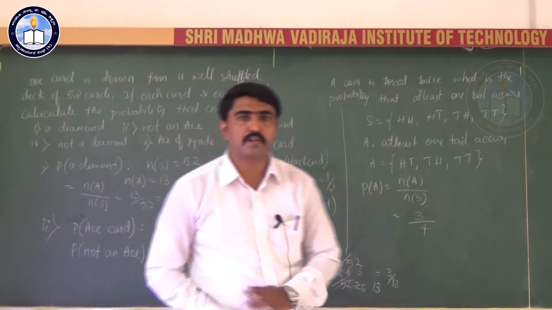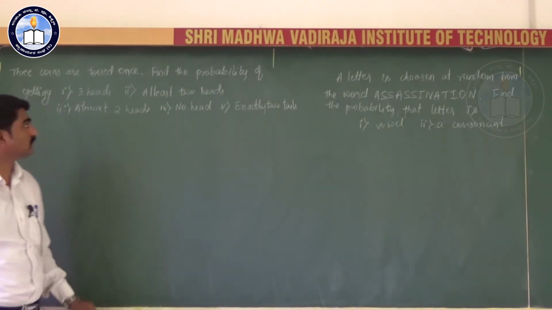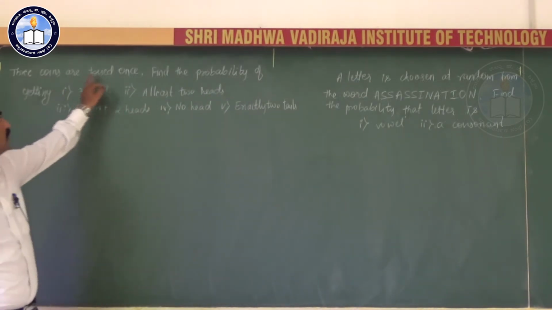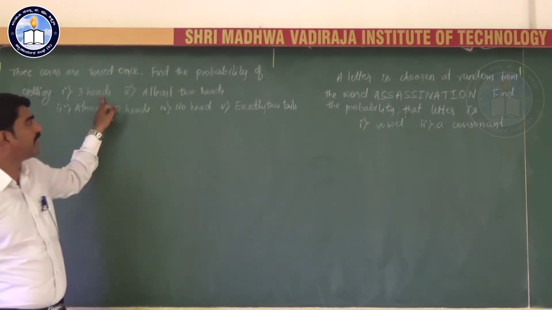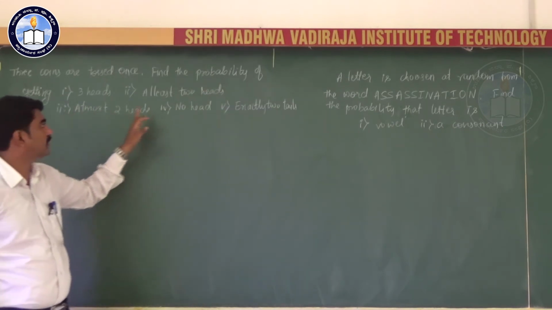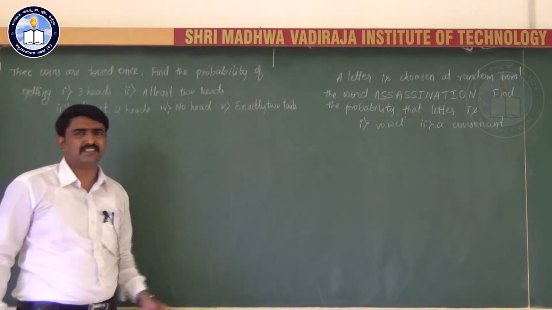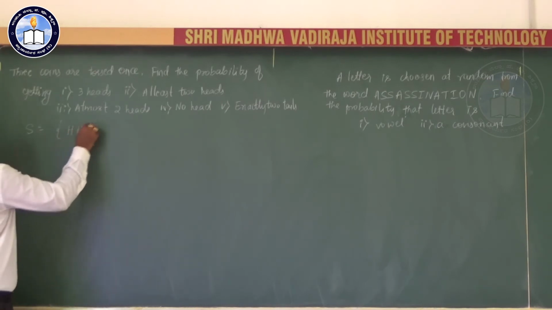I will take a few more examples. Yes, consider this example. 3 coins are tossed once. Find the probability of getting 3 heads, at least 2 heads, at most 2 heads, no head, and exactly 2 tails. 3 coins are tossed once. What is the sample space of this experiment? We know that 3 heads may come,